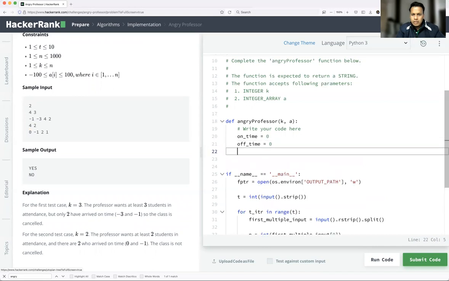Okay, so I'll create a list of all the students here. LOS, list of students, equal to... Okay, so I'll use list comprehension. Okay, so for t, which is nothing but time, in a, if... or instead of using list comprehension, what I can do is,